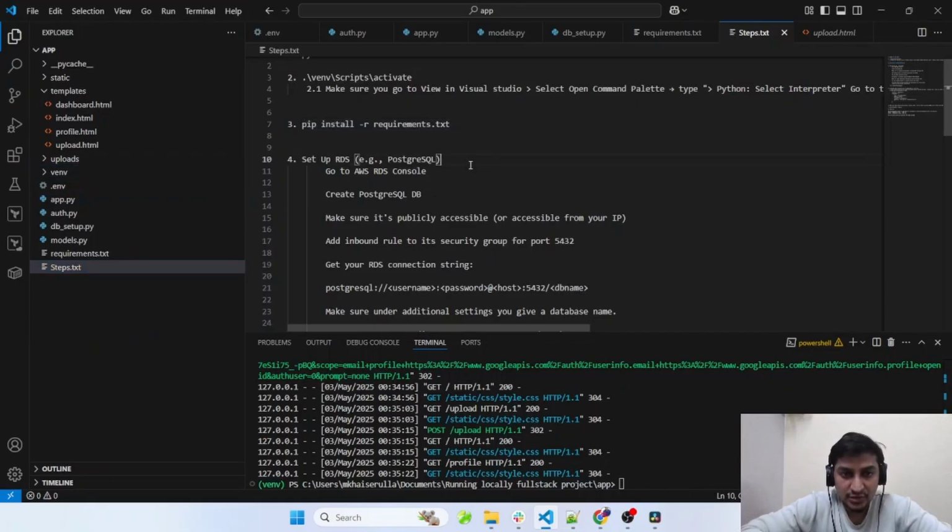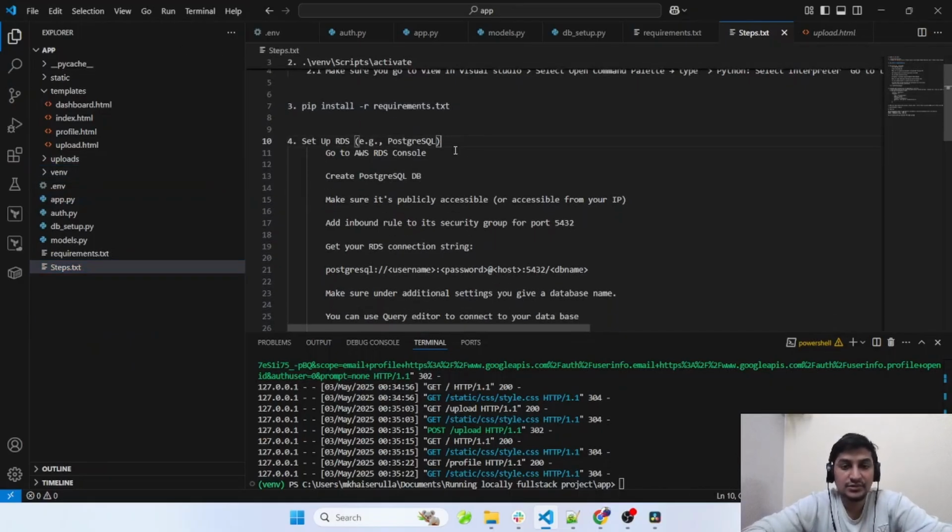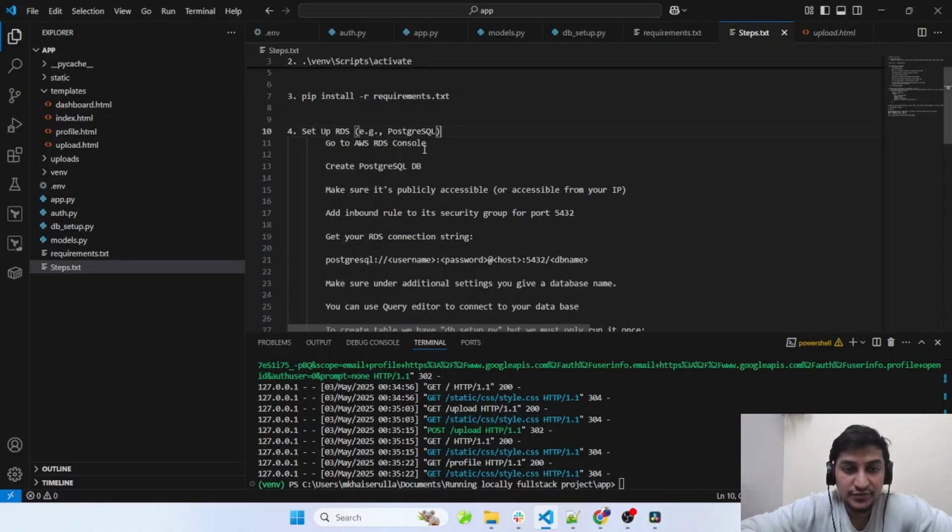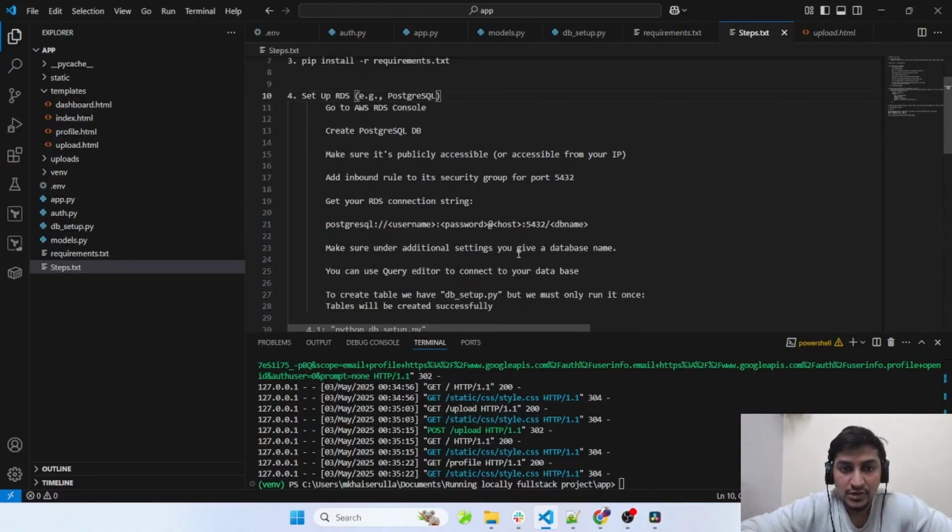Okay, next is the important part. Now I am storing information with respect to the logged in users on an AWS Postgres database. For doing that, you first have to have an AWS account. Once you have an AWS account, you can go to